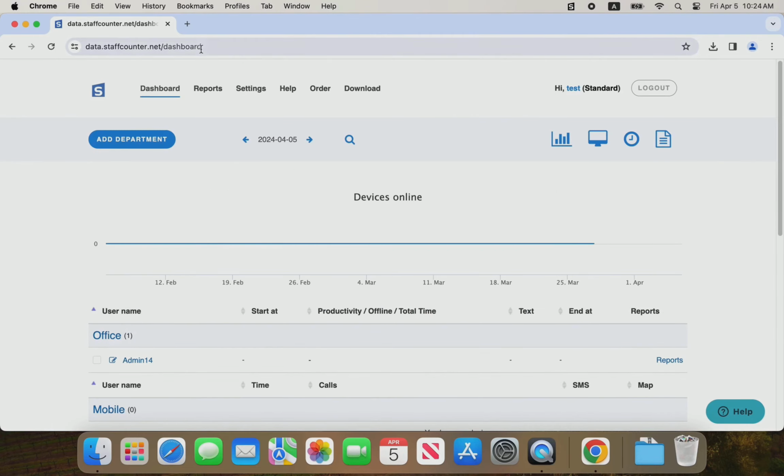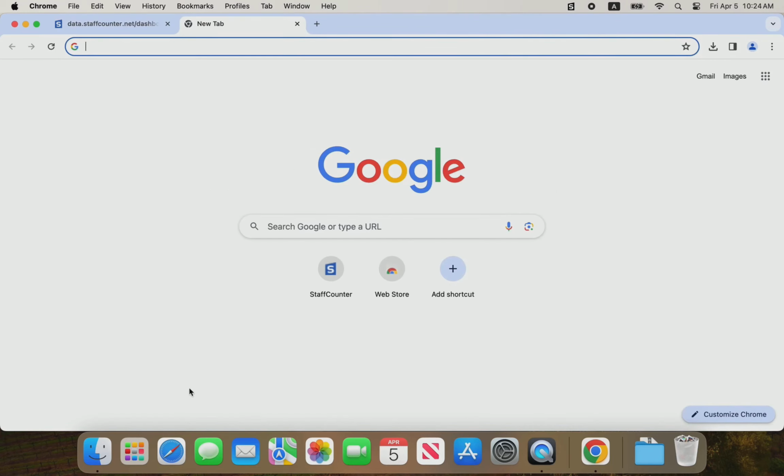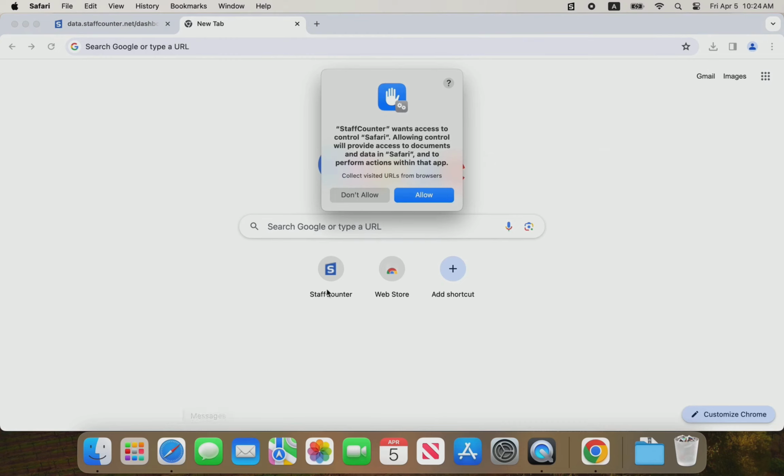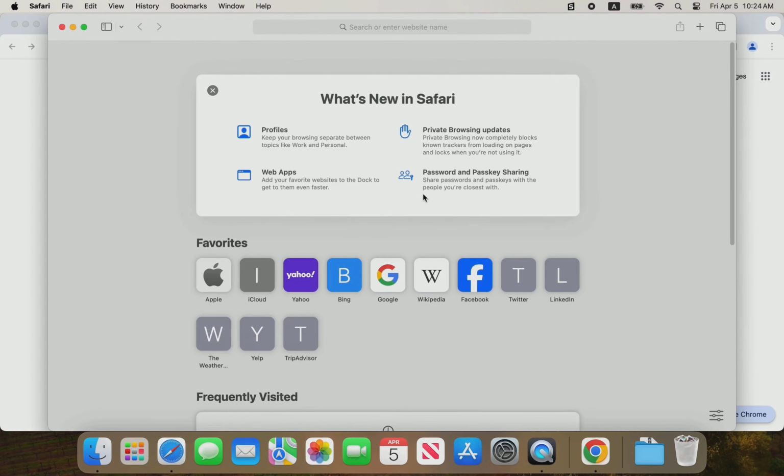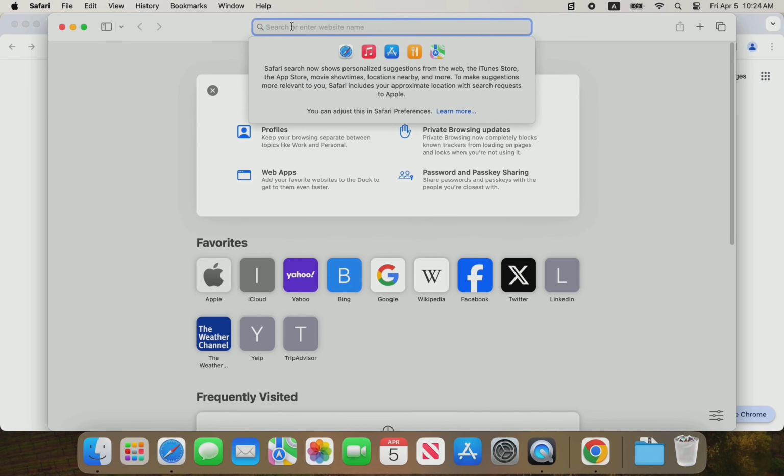Let's visit some more sites, for example in Safari. The StuffCounter program asks for permission to access Safari. Let's see some videos on YouTube and watch some news.